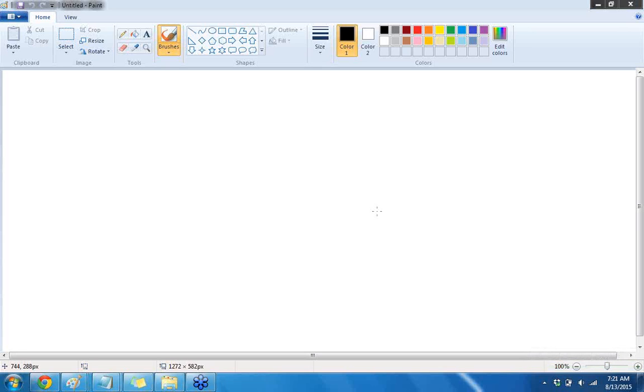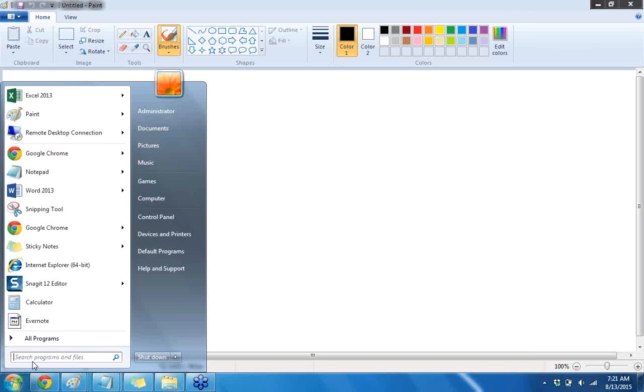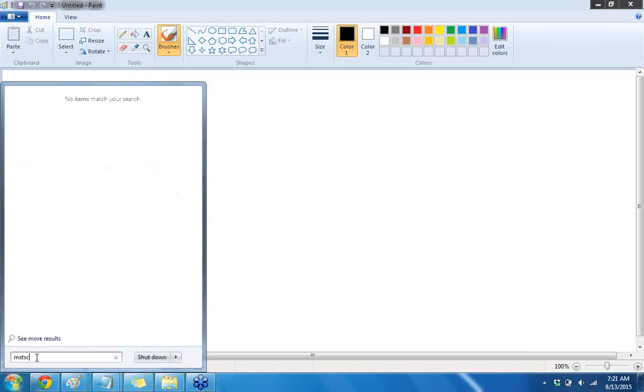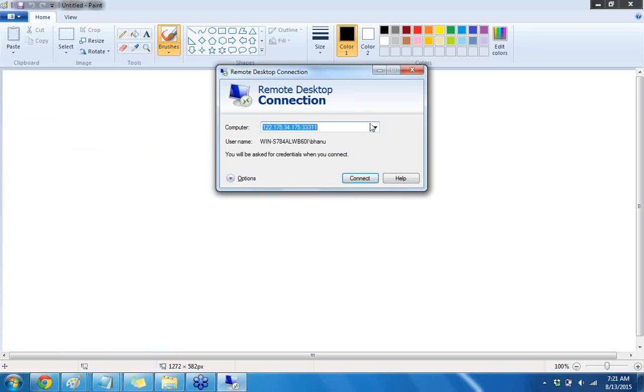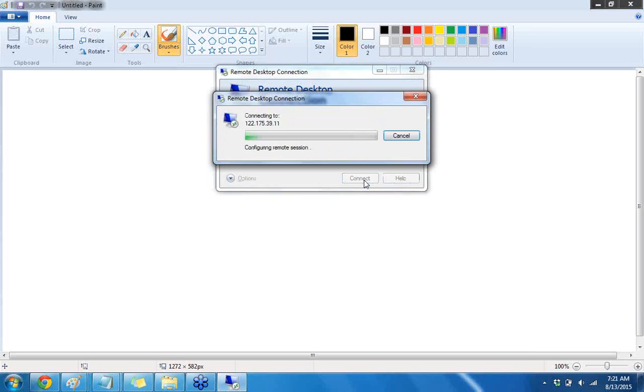So if you see in our landscape, once you log on to the remote desktop, click on Start and type in MSTSC. Click on MSTSC, and then the IP address is 122.175.39.11. So once you enter the IP address and then click Connect,